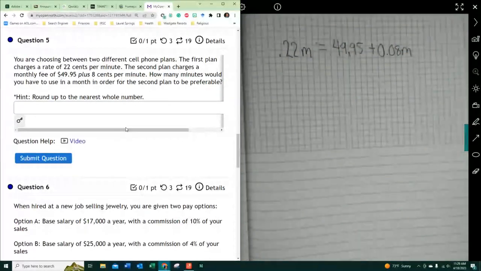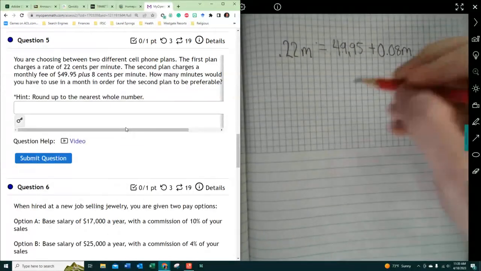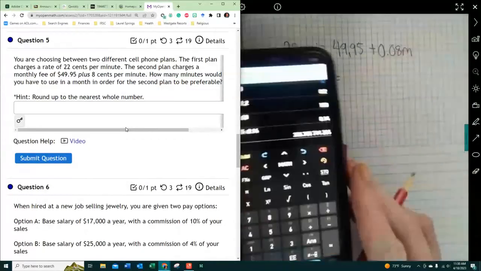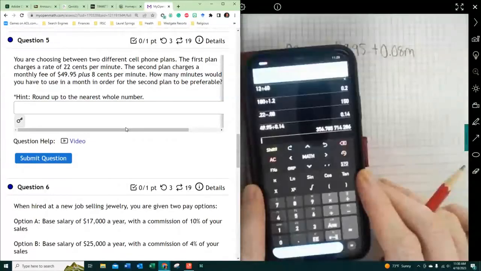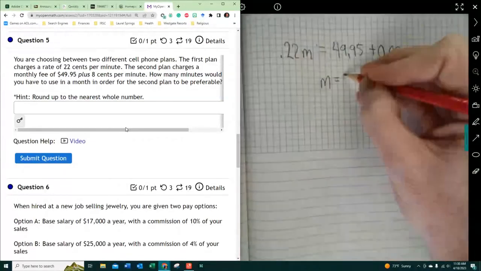Okay, now just double checking that I put all my math in right, and it looks like I did. So now round to your nearest whole number. So the minutes is equal to this ridiculous number. That might be a little hard to see, sorry. It's 356.78, and all that stuff. So I'm going to go ahead and put